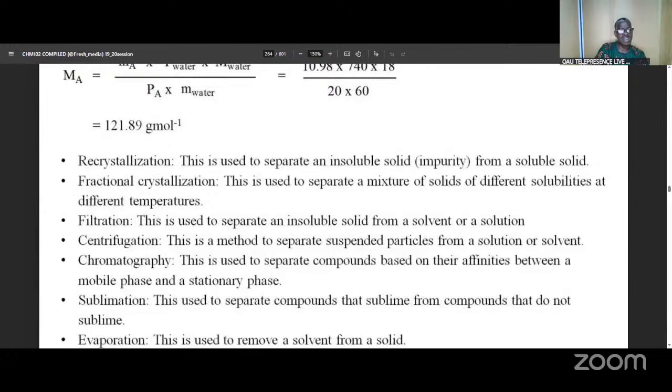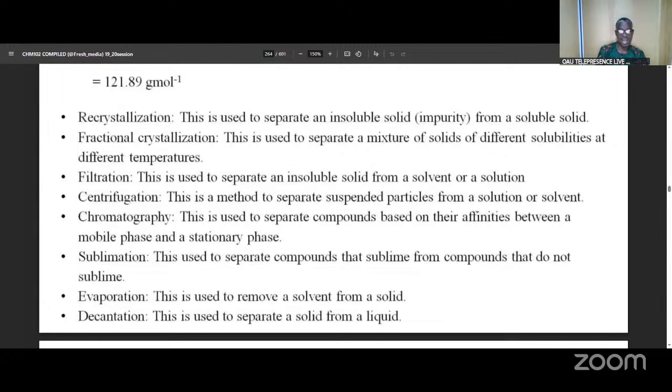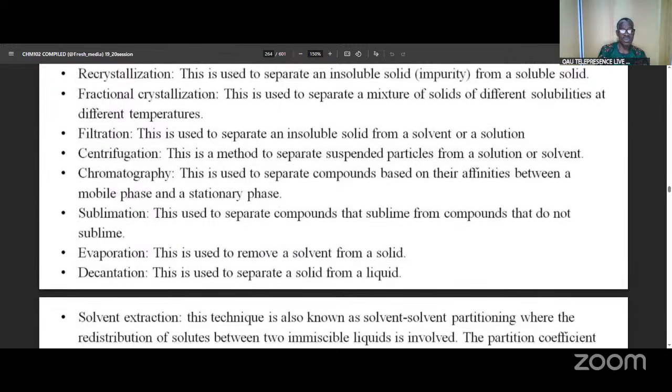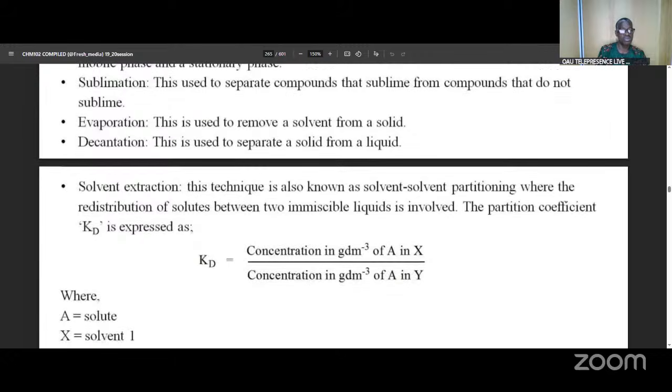So for chromatography, there must always be a mobile phase and a stationary phase for you to be able to separate the compounds effectively. We also have sublimation, we have evaporation. I need not dwell on that. We also have decantation. We are all familiar with this, but let's go to solvent extraction, which is